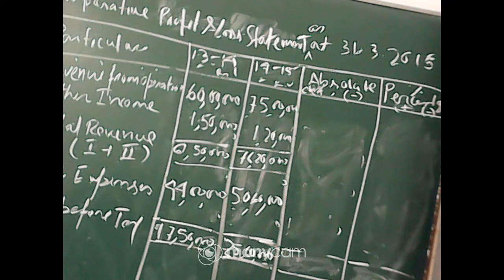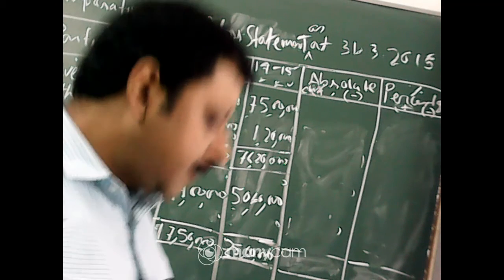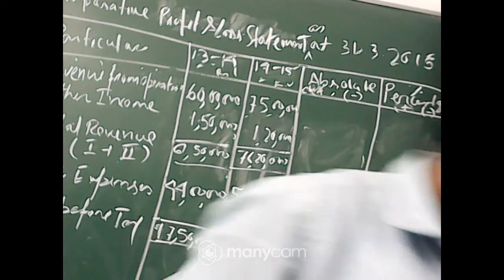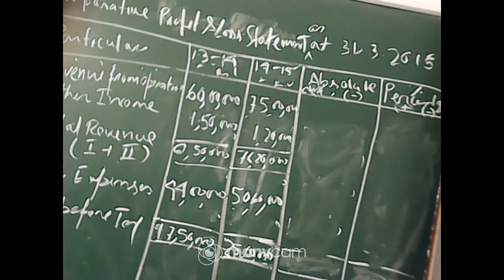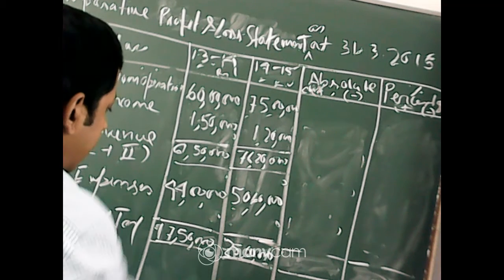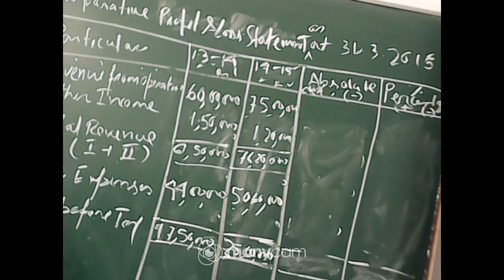Number 5, that is tax also, but the income tax percentage is there, that is 35% and 40%. You have to calculate the percentage upon the profit, because we pay the tax upon our net income, that is net profit. Okay. So from 17,50,000 we have to calculate 35%, and from 25,60,000 we have to calculate 40%.